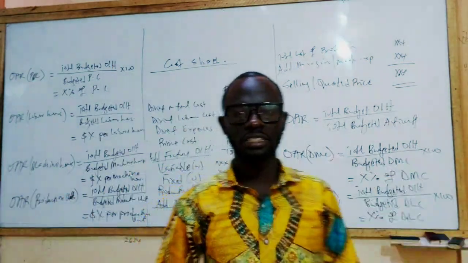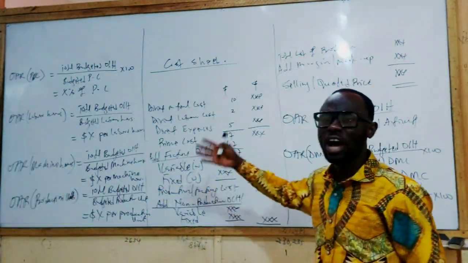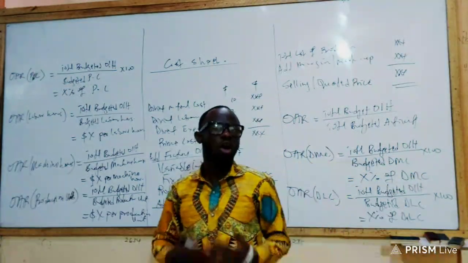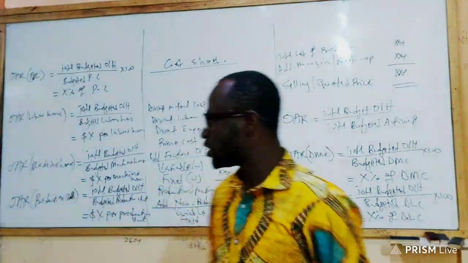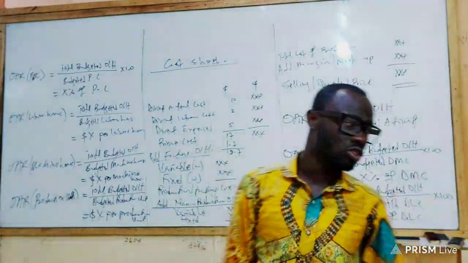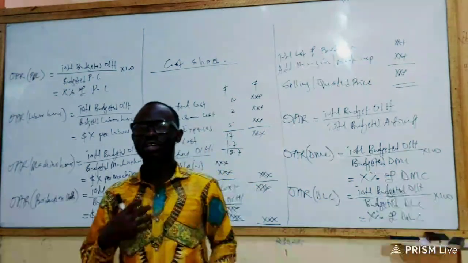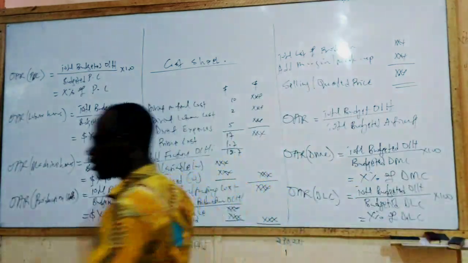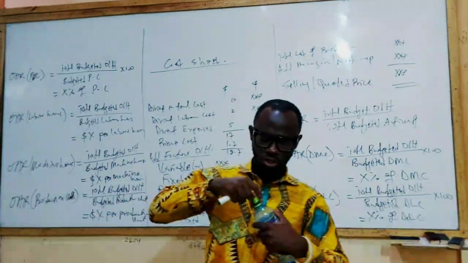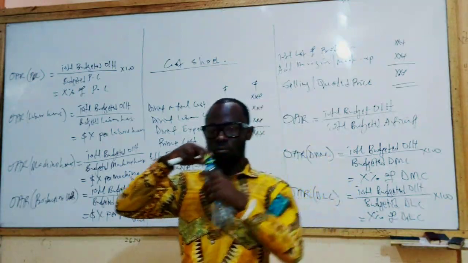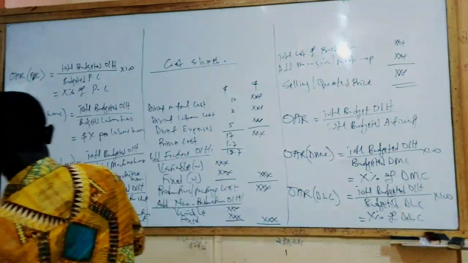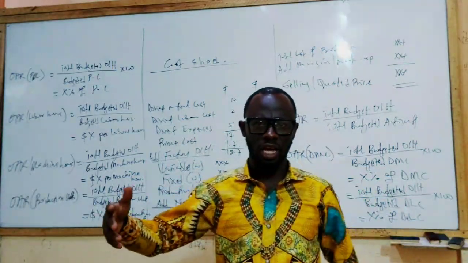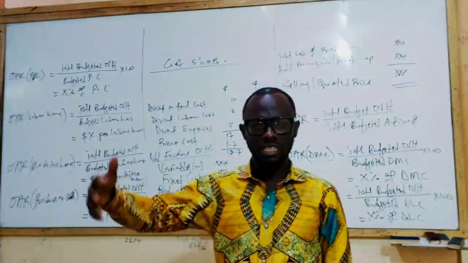Now the big question we ask ourselves is, when can an organization use what? When will it be suitable for an organization to use, say, prime cost or, say, material cost? Answering that question depends on other factors. Let's say, for instance, the company is capital intensive, meaning that the company uses machines a lot, and we can measure the hours that the machines are